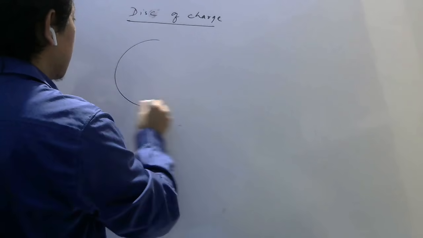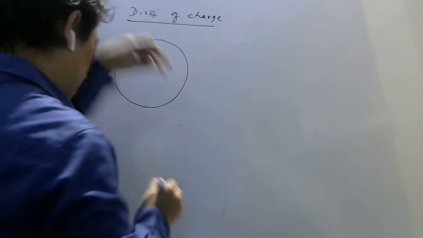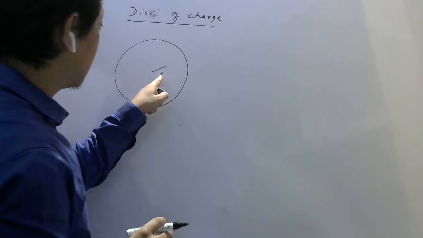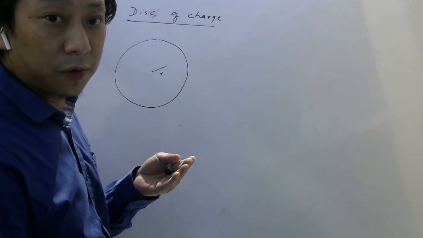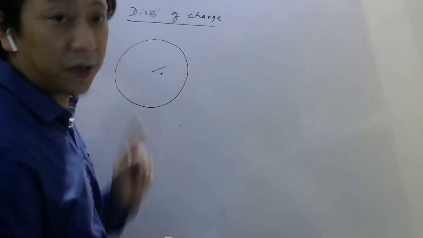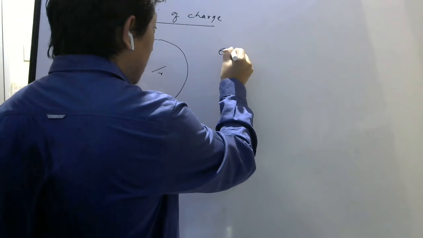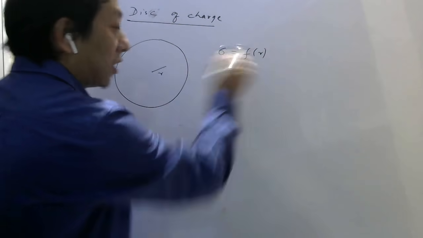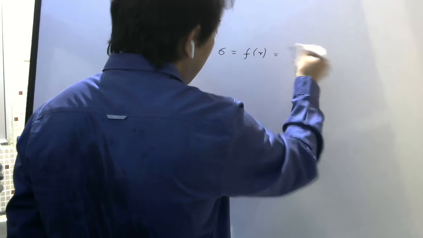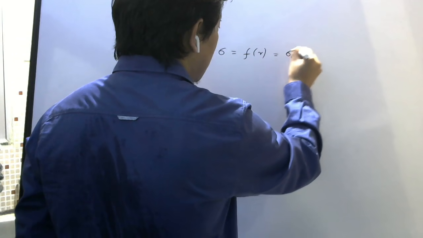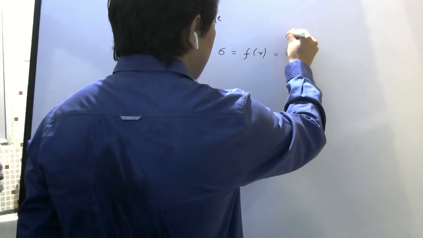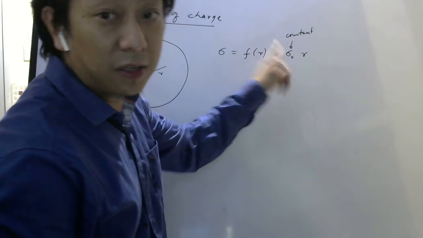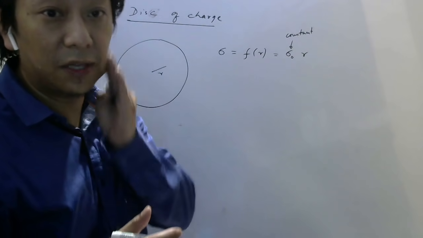So here is your disk. Okay students, now from the center, as you go away, let us say this small r is the variable, which is distance from center to any point. Now your surface charge density is a function of this distance. They may write x also, then you write x here, and that is equal to, take some example, let us say sigma naught times r, just like in the case of linear charge density I took. But this could be anything. This function depends on the exam. Whatever question paper they will give, it depends on that.